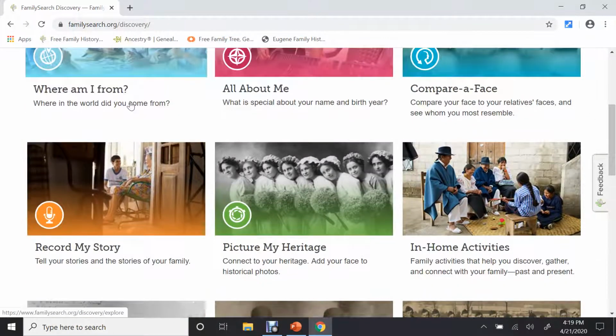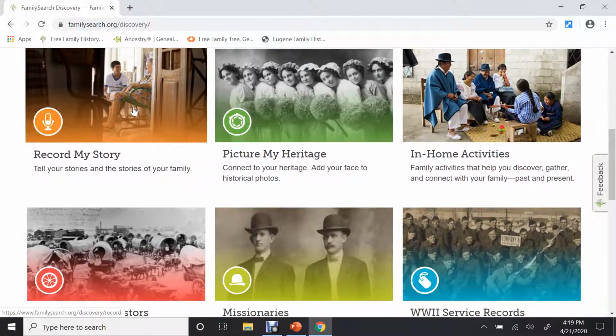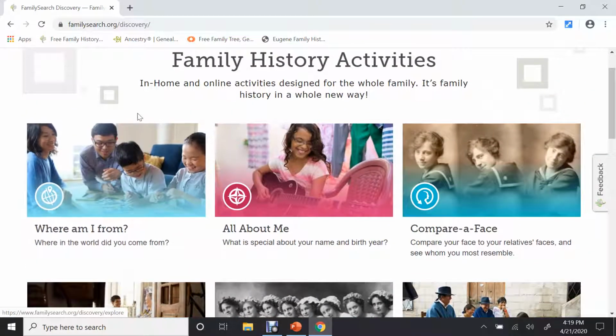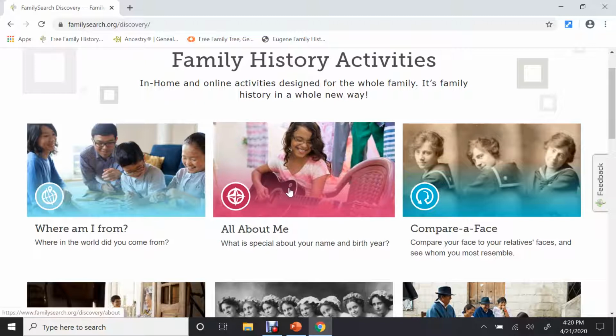If you scroll down, you can see there's a lot of different ones. Let's pick on just a couple of these and we'll go through them. You can spend hours on this page and all the different ones. Let me show you the couple that I like. First one is All About Me. If I go to that and click there,